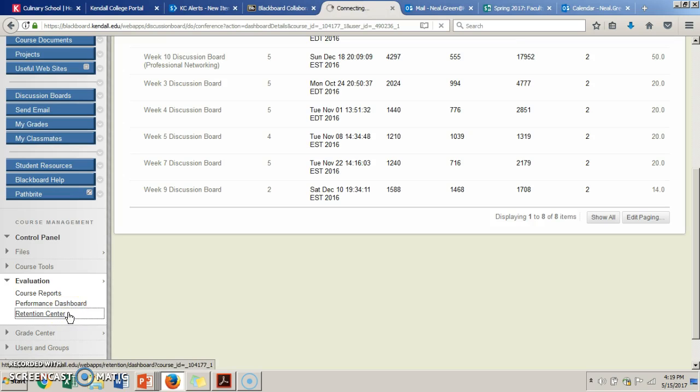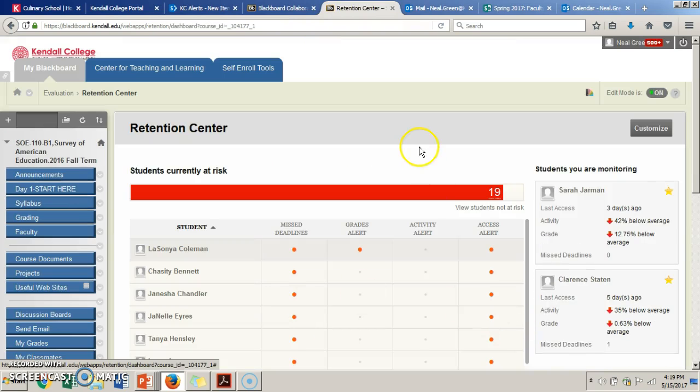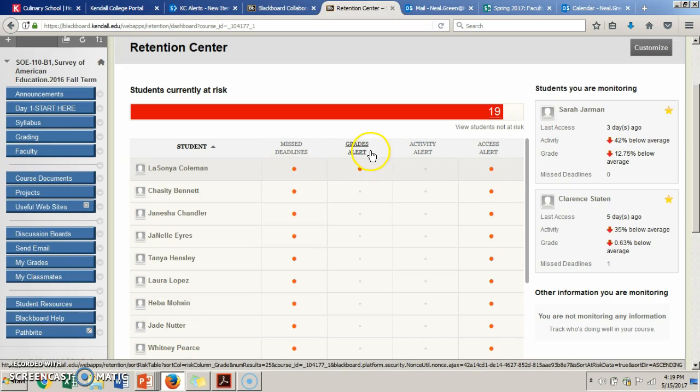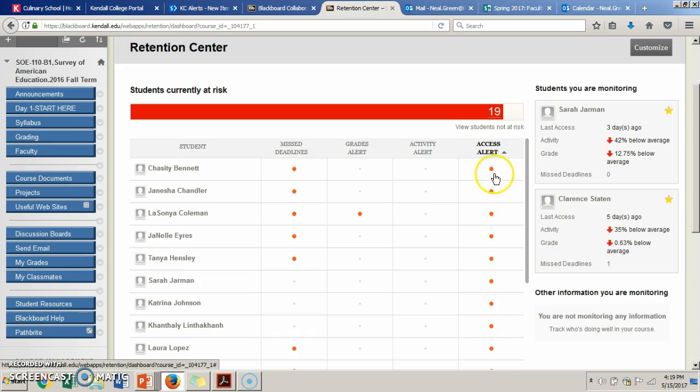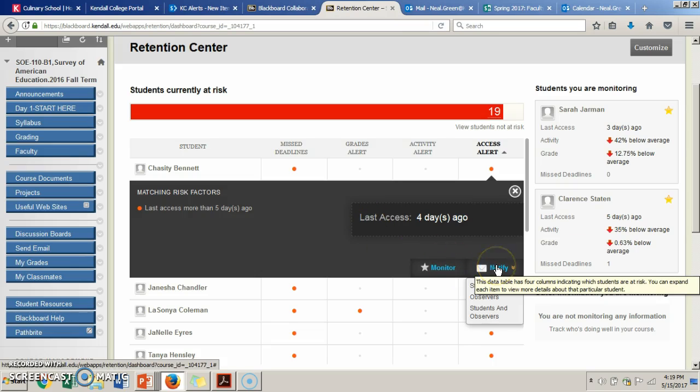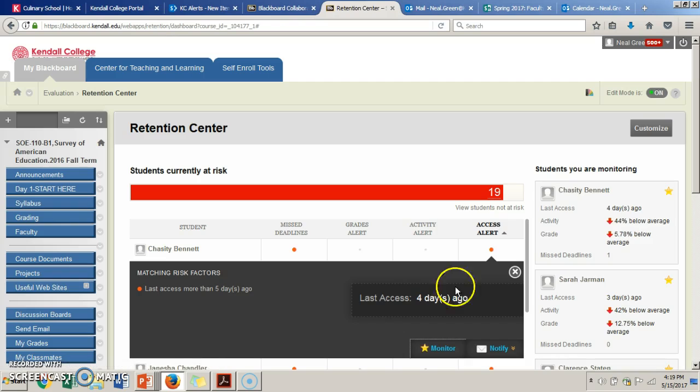And then finally, the retention center. If you haven't used this, I think it's a great tool and something you should check out. The retention center is a way to track students who are currently at risk, and it gives you missing deadline, grades alert, activity alert if a student hasn't logged in, and an access alert. So let's just click on access alert. It gives you the idea that, okay, this student logged in 4 days ago. So at that point you can monitor the student if you click monitor